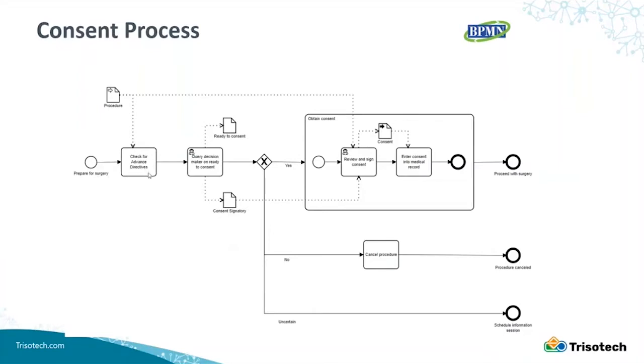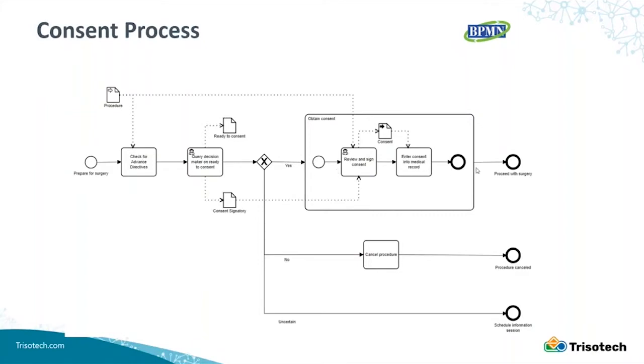You check for advanced directives, since that might impact some of the decisions. Then you go through the process of querying the decision maker, and we've discussed that just previously, to decide if they're available and if they are willing to give consent. The person who's been identified then reviews the consent, signs it,